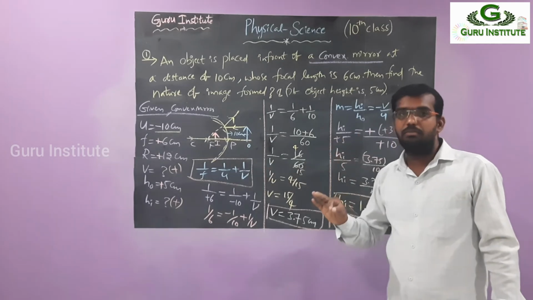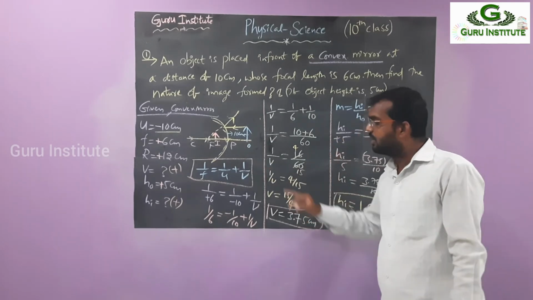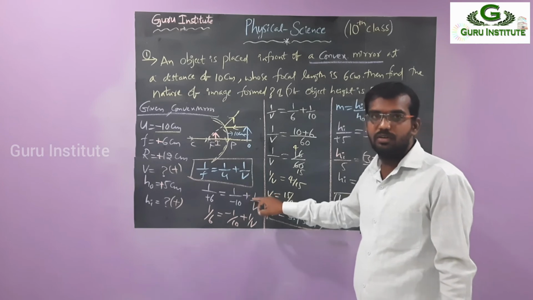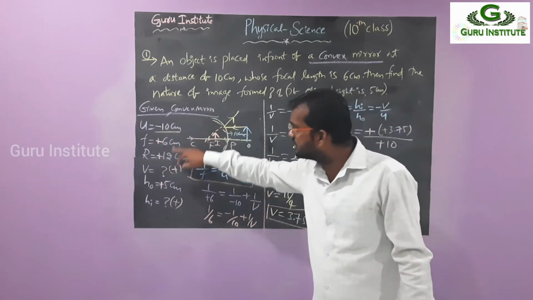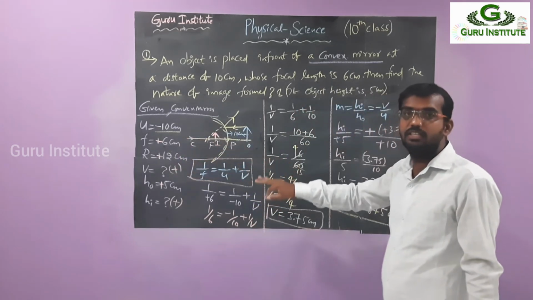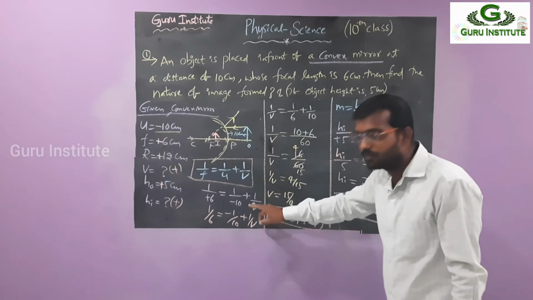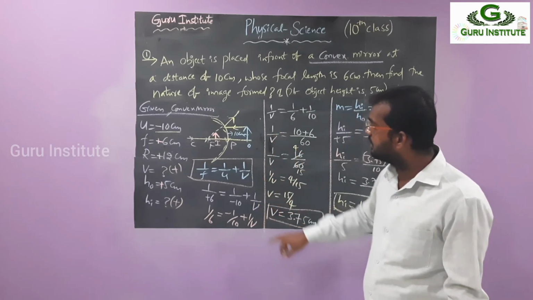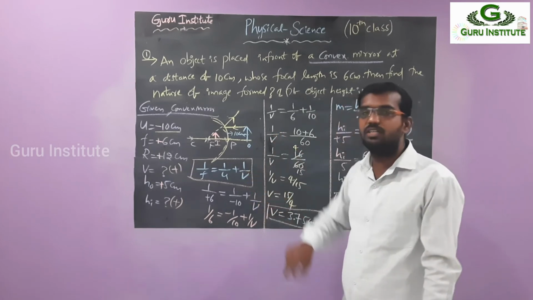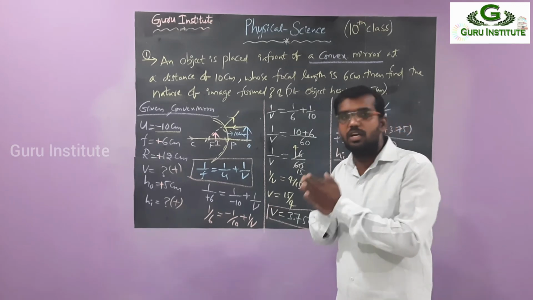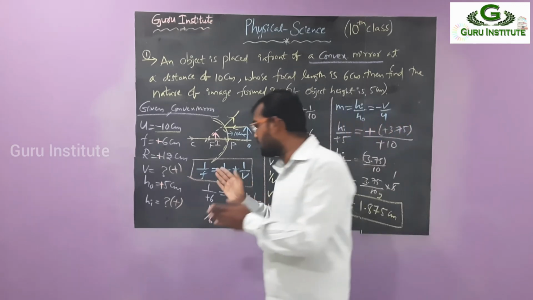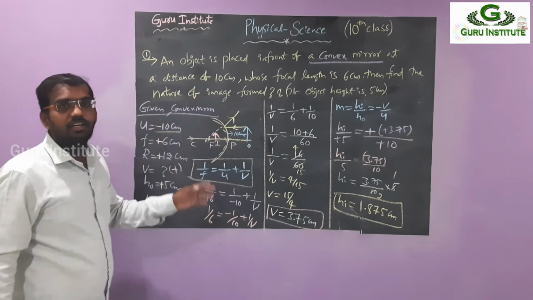But one thing, most students make a mistake in the substitution. In the substitution, they directly take the 10, 6 like this. They are not applying the sign convention. It's very important to apply the sign convention. And some students make a mistake in applying sign convention for the unknown terms also. For unknown terms, you need not apply the sign convention. For known terms only, we have to apply the sign convention.